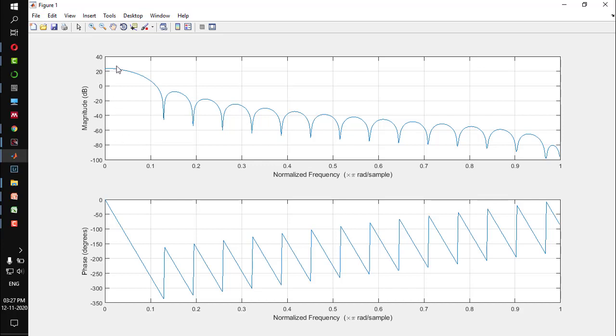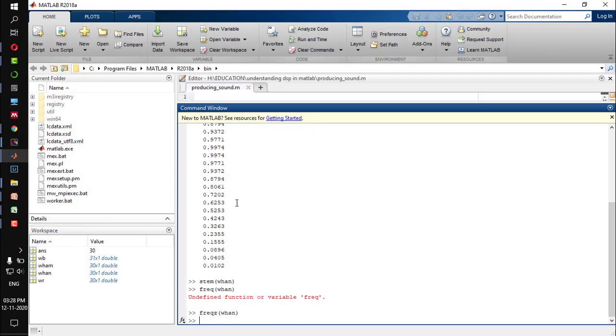Now we have the pass band width almost the same as Hamming, but its stop band keeps on decreasing. During every pass band I have the phase response linear. Okay, so again the characteristics of this depend upon the order you have taken. Fine. So this is about the magnitude and phase response of the window functions.